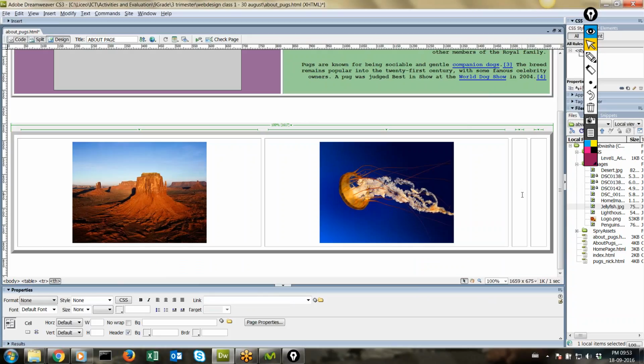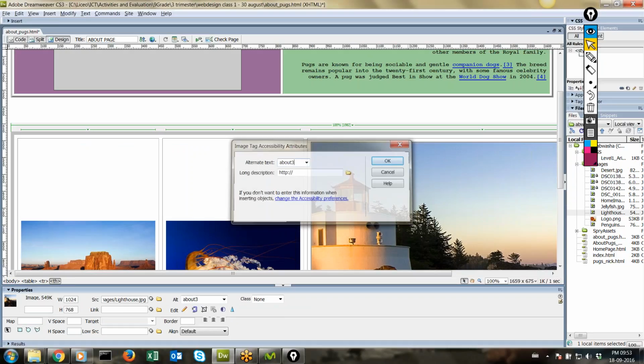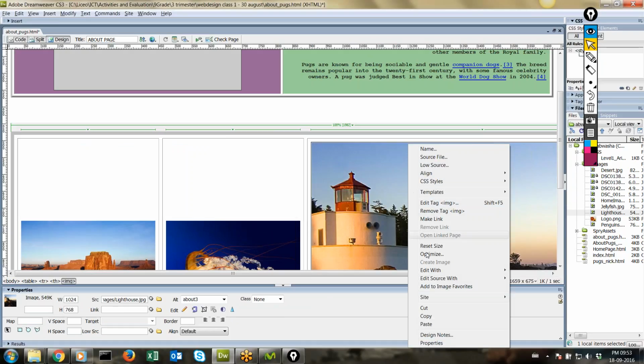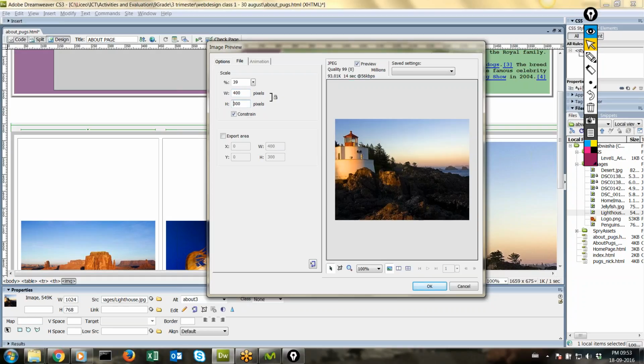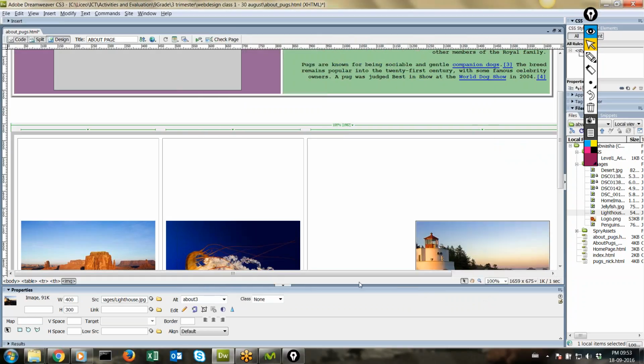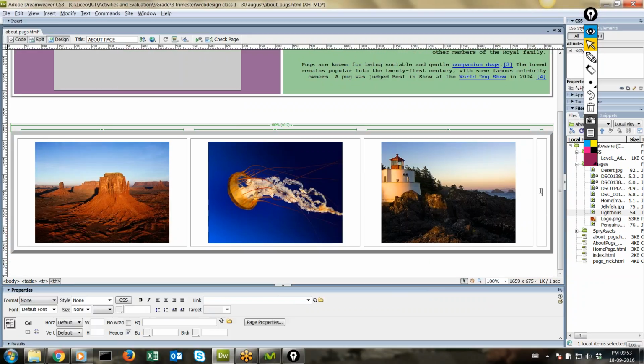Okay, then on the third, paste the third image. I will paste this image. In your case, you can have different images depending on your theme. Copy here, name it as about 3, hit enter, right click, optimize, click on the file, and make the size, the width. Okay, scale should be 100%. Make it 400 and click here. It will make it automatically 300. Say OK, and after that reduce the size of the table width, and finally click on the last column,